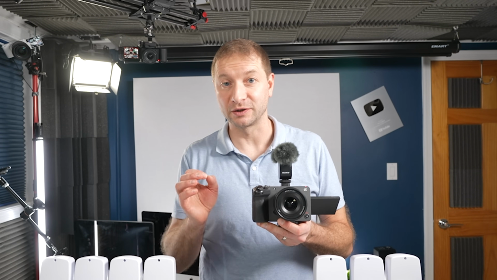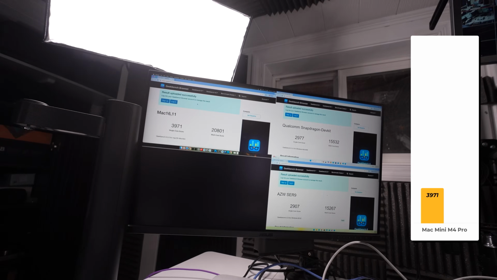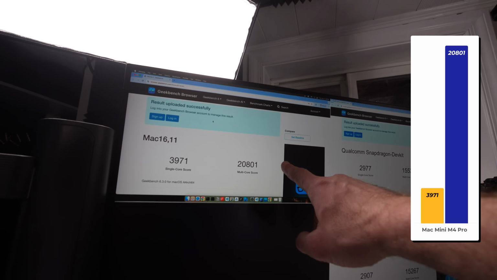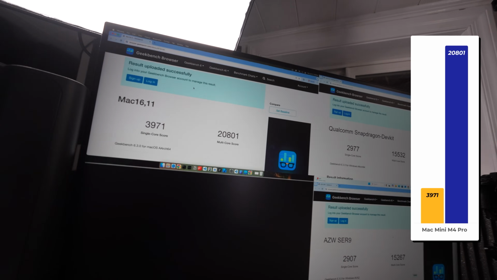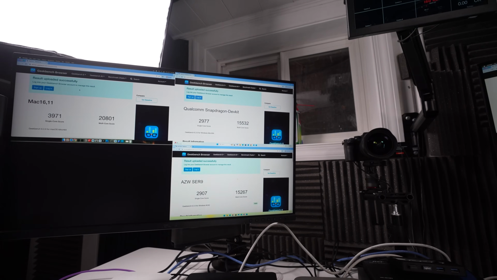A few moments later, Geekbench finished up, and this gives us a basic idea of what we're dealing with for processing power here. Of course, the M4 family has the highest single core test results, and we're talking about 3,972 for that M4 Pro, up to a 20,000 multi-core score. That is the 14-core variety, which is pretty crazy considering it beat out all the other machines just like that,